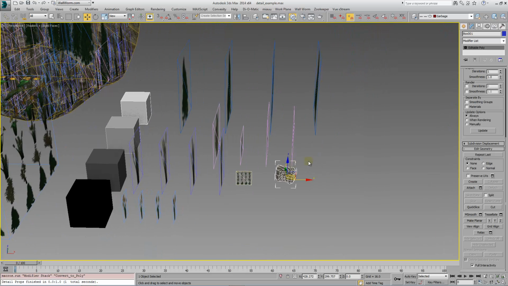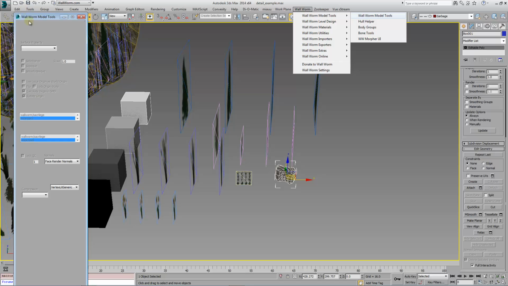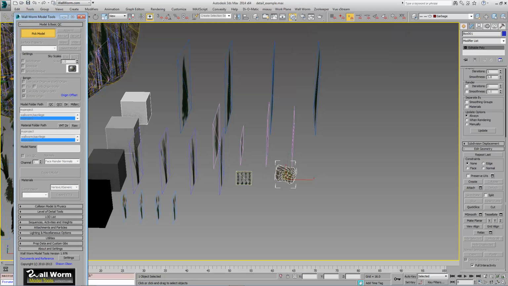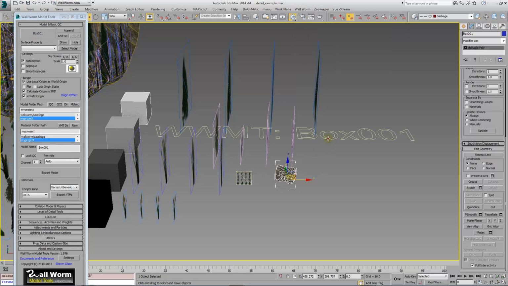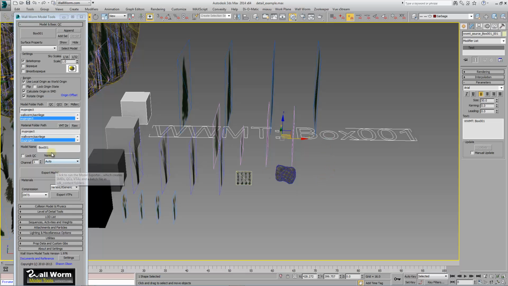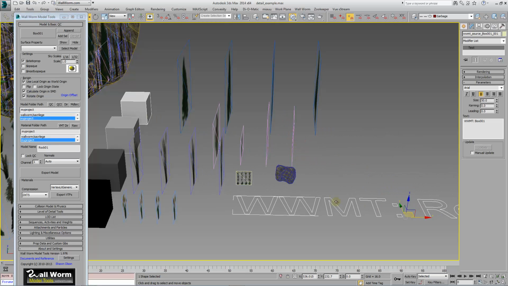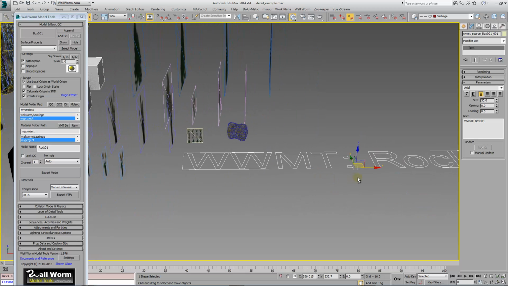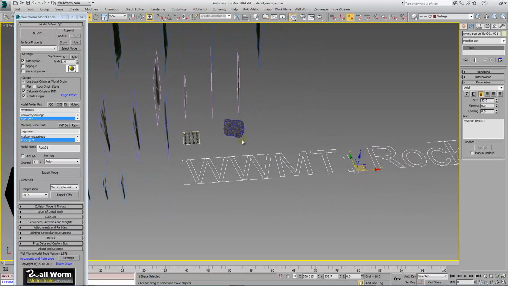And what we're going to do is create a Wallworm model tool model out of this. So I'm going to open up Wallworm model tools, and I'm going to select this as a model. And for this, I want to change its name to Rock01. And now that I have that Wallworm model tool helper there that represents this rock,